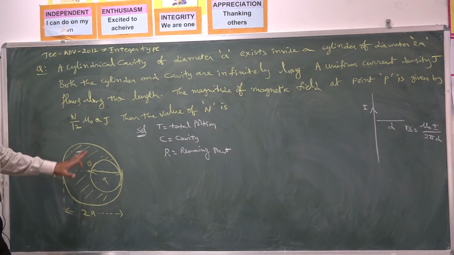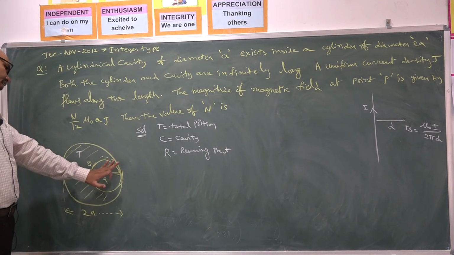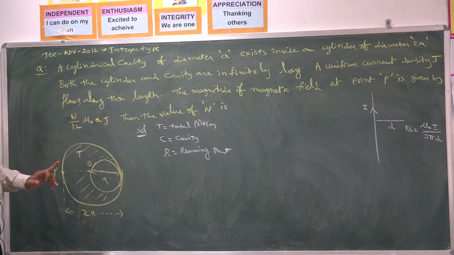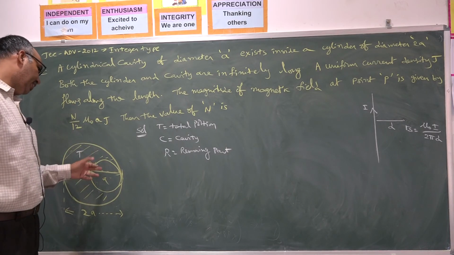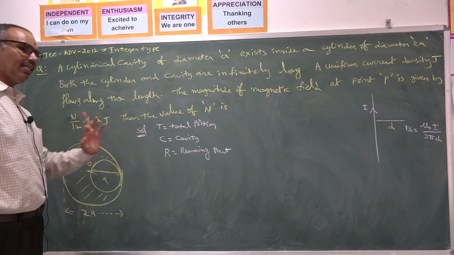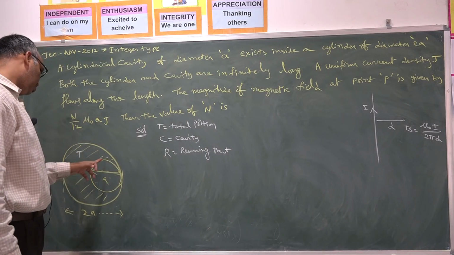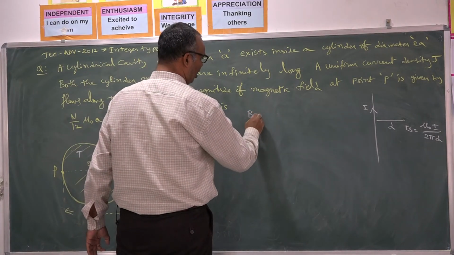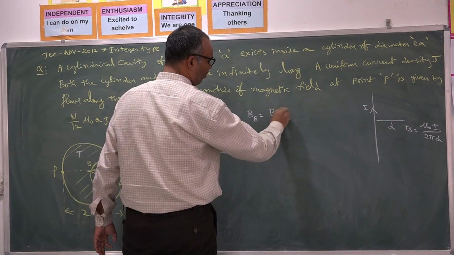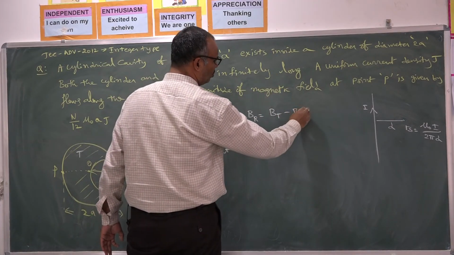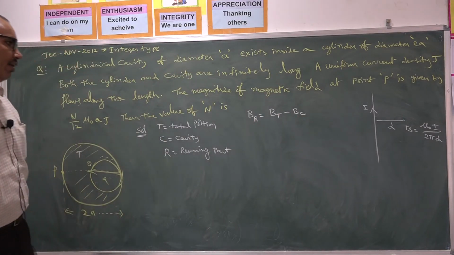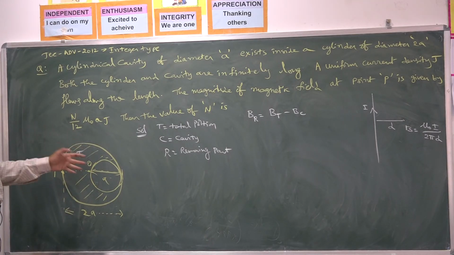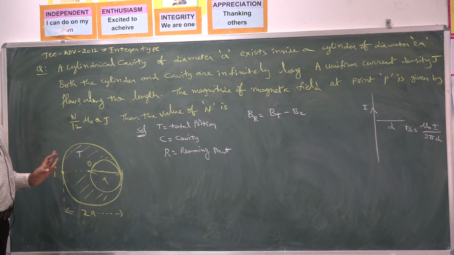That means total part means including cavity. If the entire cross section is filled with material, that is called total portion. Only cavity containing portion, I consider C; remaining portion means total portion minus cavity. Magnetic field due to the remaining portion is magnetic field due to total portion minus magnetic field due to cavity.